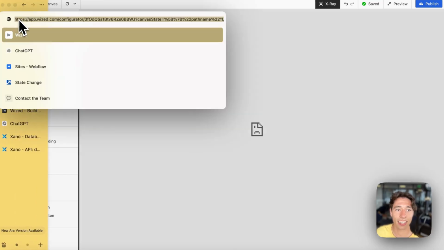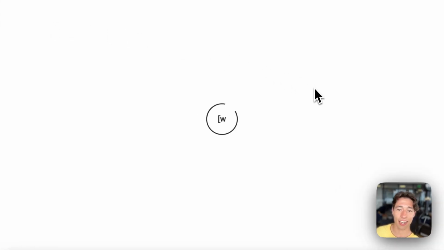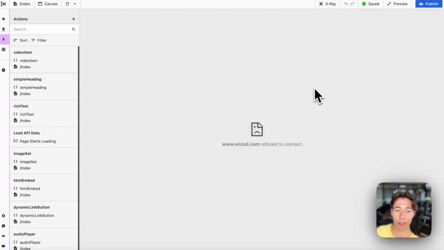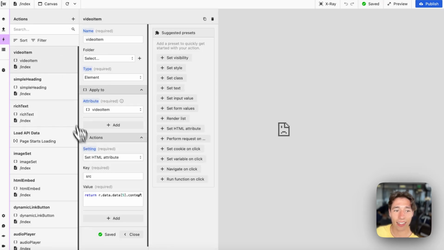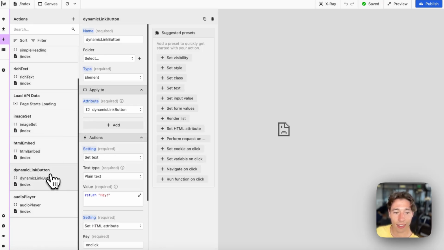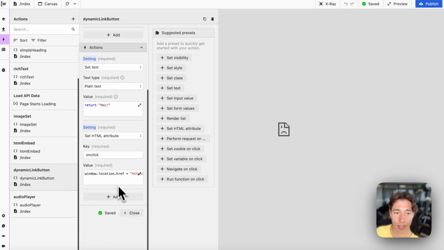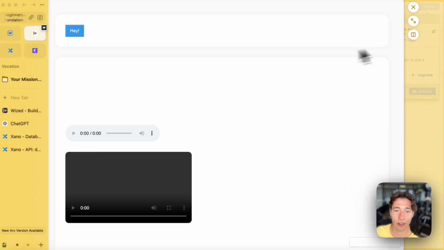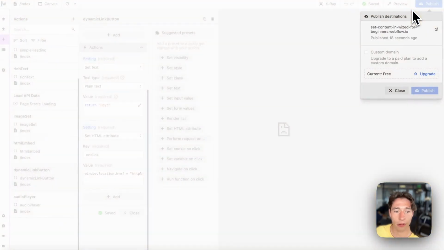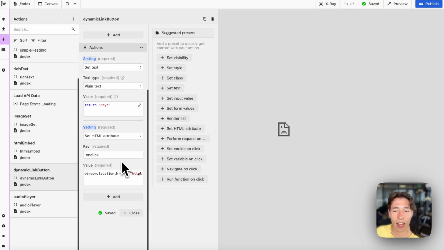And let's just clean this to make sure that everything works, because sometimes working with redirects can be a pain. And maybe that is not the best way to do that because of Wized reactivity. But essentially, let's go on the published side and let's see how it behaves over there. Oh, it's immediately redirecting even though I'm not clicking it. I assume because Wized is setting the HTML attribute of it, maybe what could happen here with the on click key